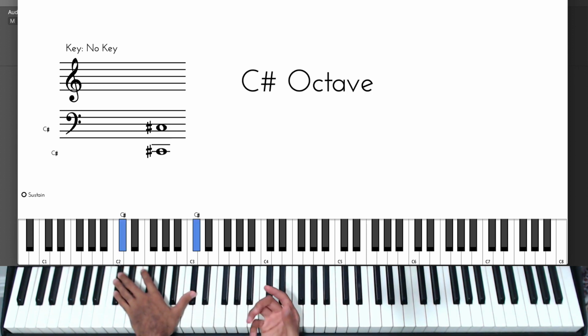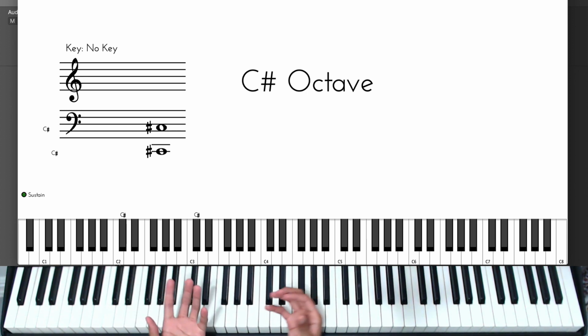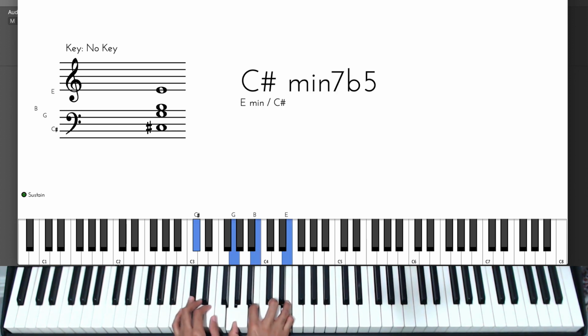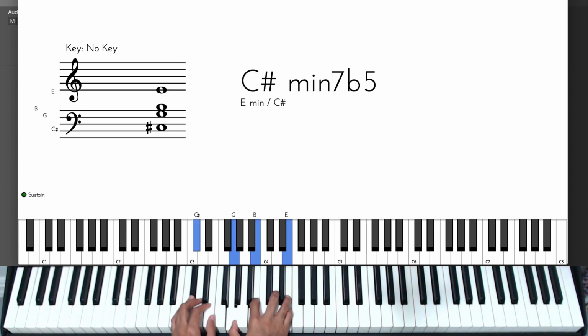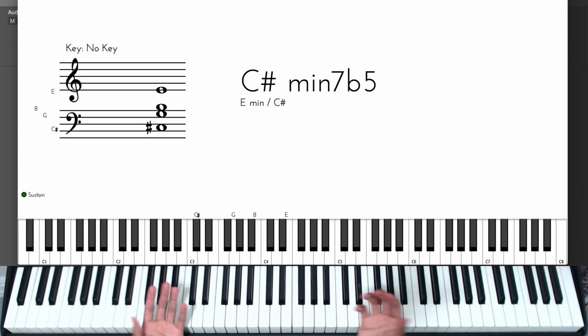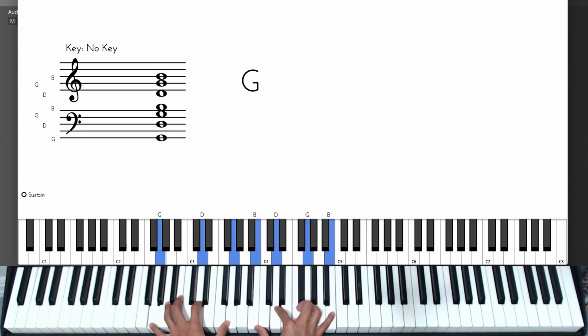C sharp is going to be 3 notes to the right. So 1, 2, 3, which is an E, and I play it as a minor, and that creates a half diminished chord right there. So C sharp with an E minor creates that C sharp minor 7th flat 5, and I use it as a passing tone before a D or the 5. So